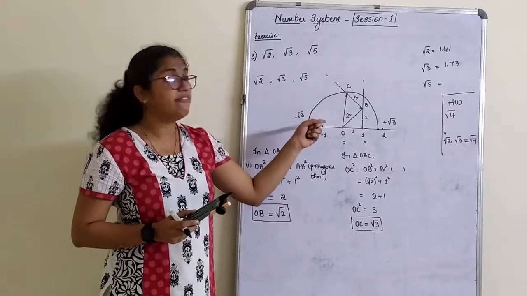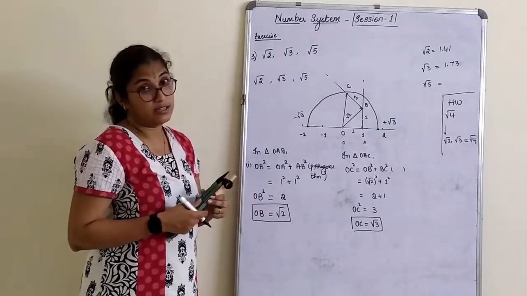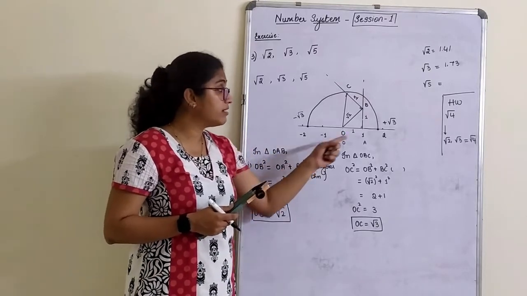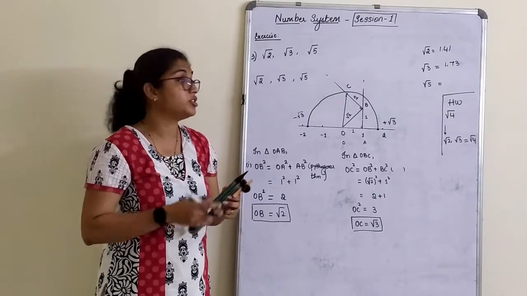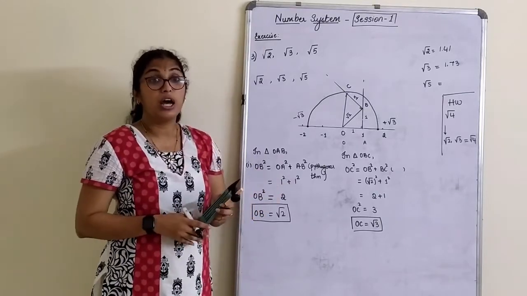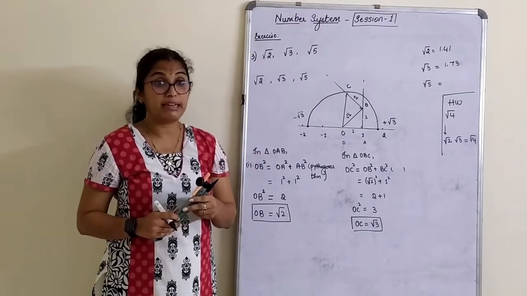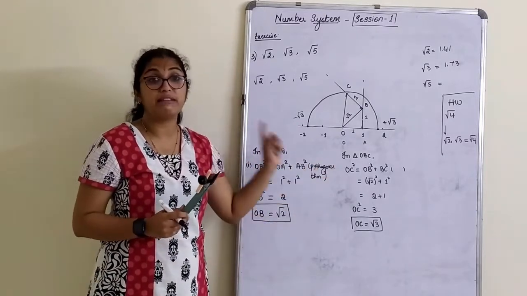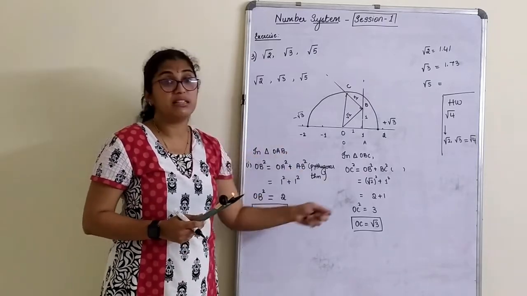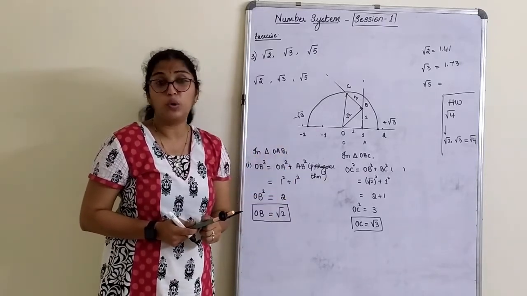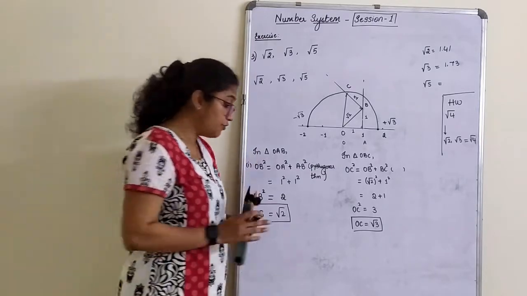Now anyhow, I will reach root 5, right? There you will learn how to construct root 3. See, this is one method and this is called the Theodorus wheel. It was given by that mathematician. It comes like a wheel. If you want to construct root 5 directly also, there are some techniques. At the end of each session, I will tell you what other techniques can be used to directly construct on the number line. There are several methods we can use. So let's construct root 5 now.